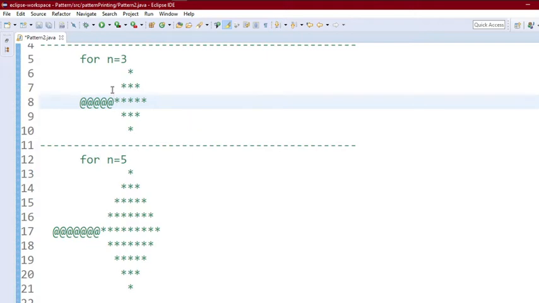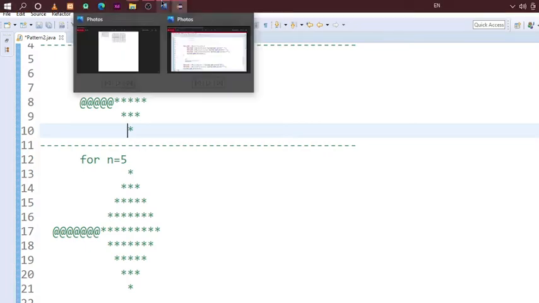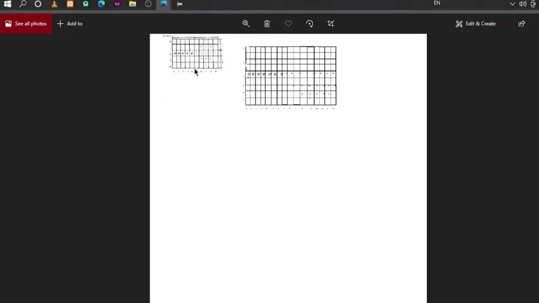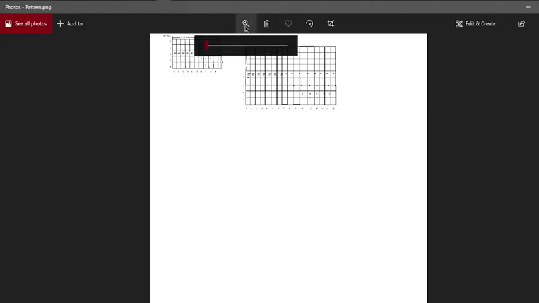So we can conclude that we are printing white spaces from n minus 1 to 0. After printing 0 we again start increasing by 1, and we print 1 and 2 white spaces and so on. For better understanding of this problem, let's see this image that I have created for you.